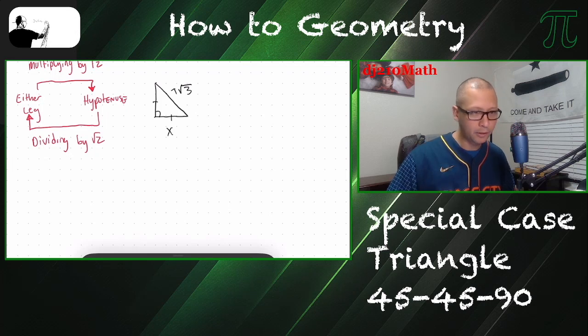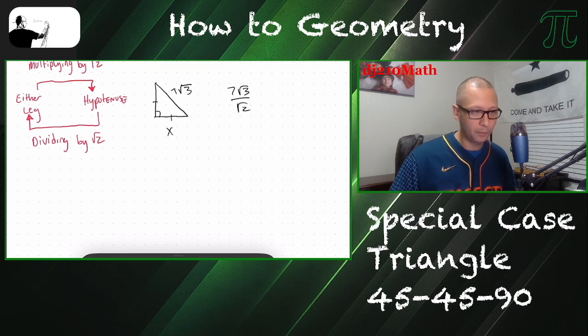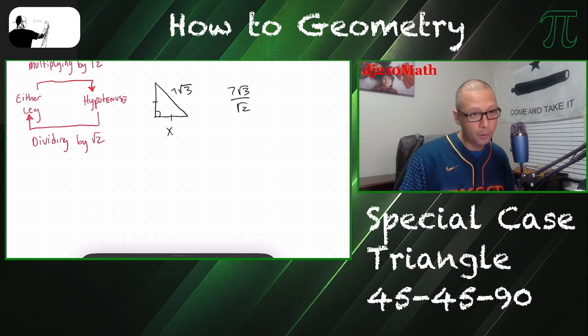All right, so in a 45, 45, 90 right triangle, if the hypotenuse is 7 root 3, one of the legs, or technically both legs, would be 7 root 3 divided by root 2. When you're dividing a square root by a square root, we don't like square roots in the denominator, so we have to